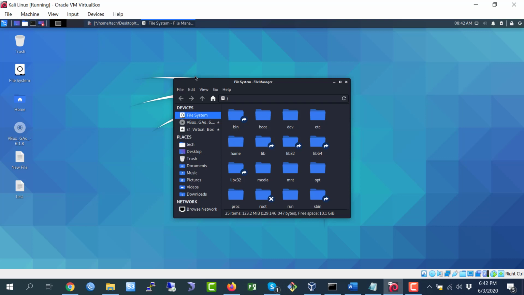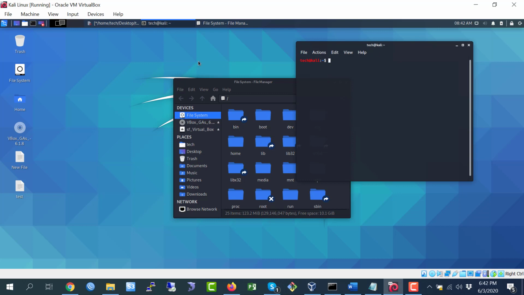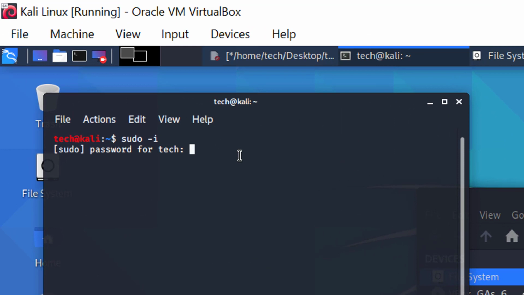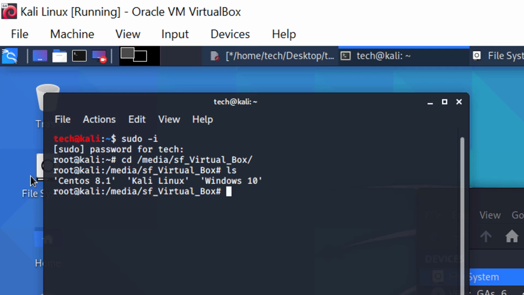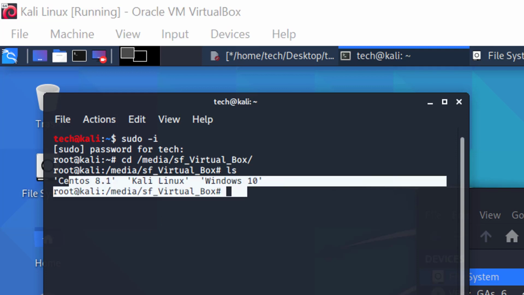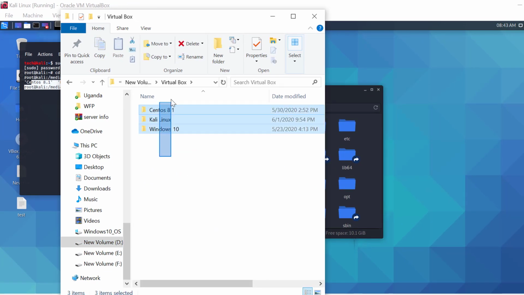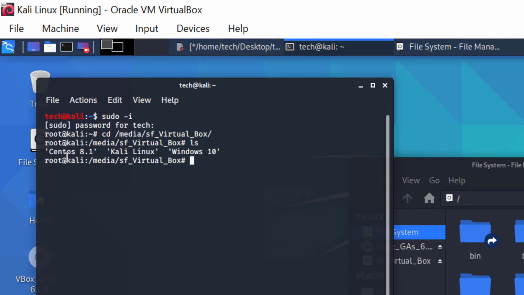Here I run sudo -i, then cd /media/sf_. You see this is my folder. Again I check the test folder, whether it is okay or not. You see 3 folders are there.